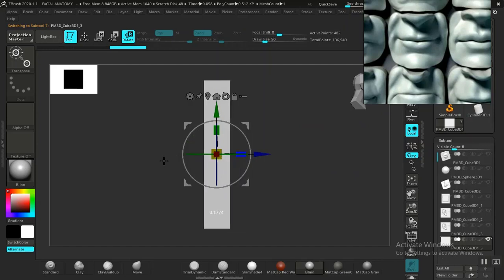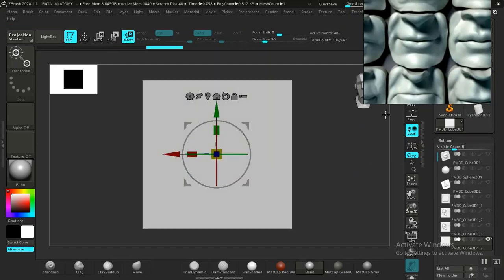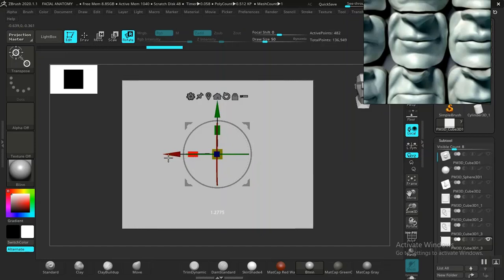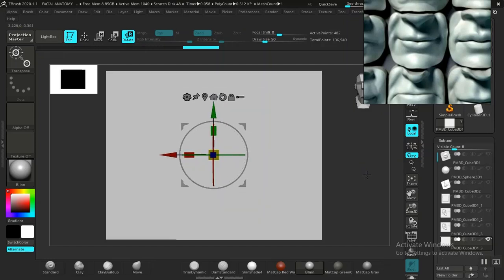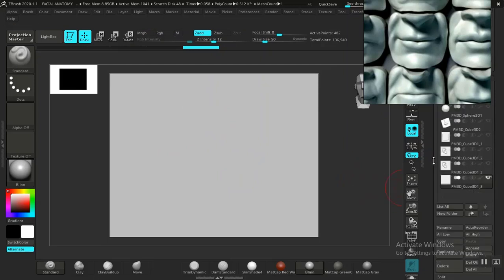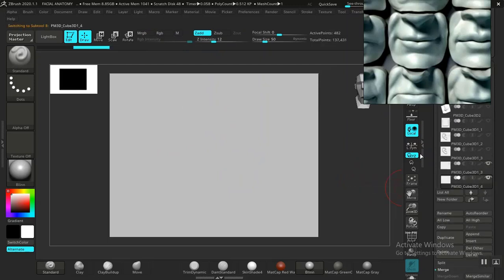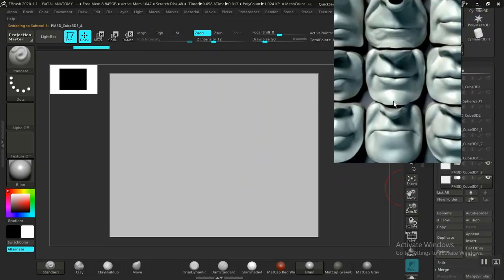Then I'll just scratch this in from the side. Okay, extend this out a bit more. Yes, something like this should be fine. Then I'll duplicate this. Then let's see,